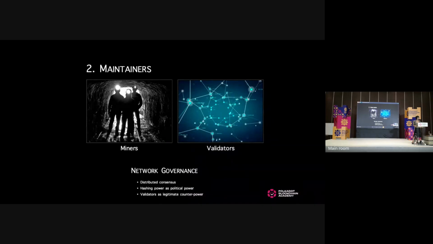Now, the second category of actors is the miners and the validators. So the people that are responsible for the production and the validation of blocks. And this type of actor operates through this kind of distributed consensus mechanism, where there is some degree of potential plutocratic tendency, where in a proof of work blockchain, the one that has the highest degree of hashing power might have more political power, or in a proof of stake, the one that has the most stake will have more political power. But also, this is